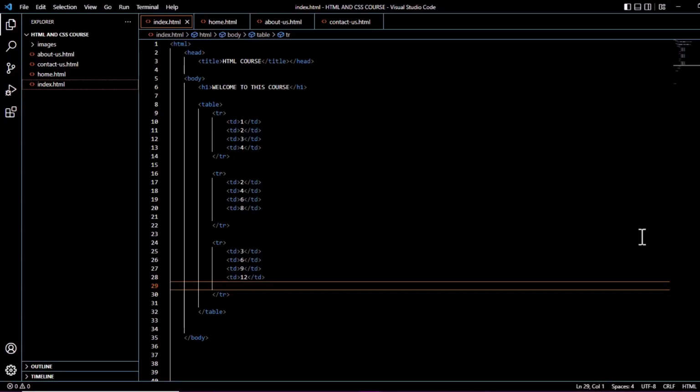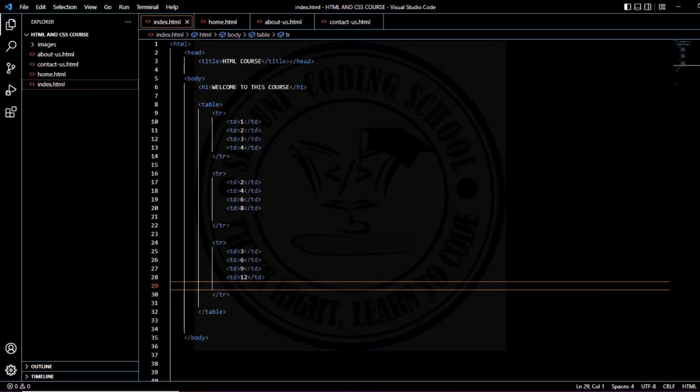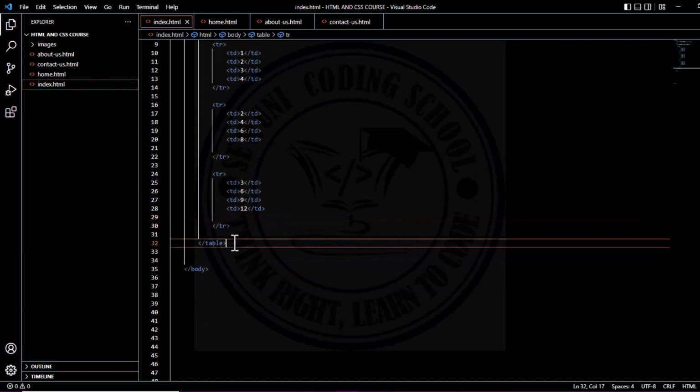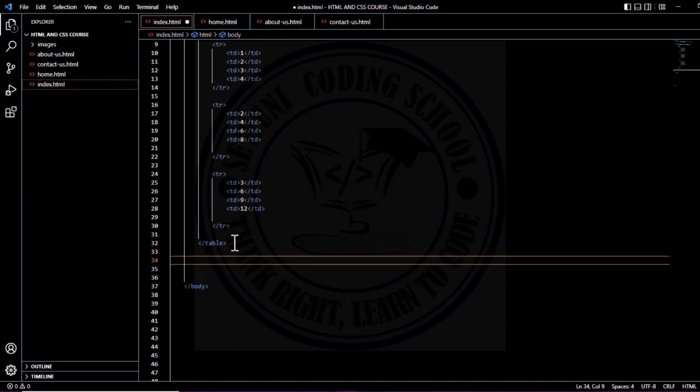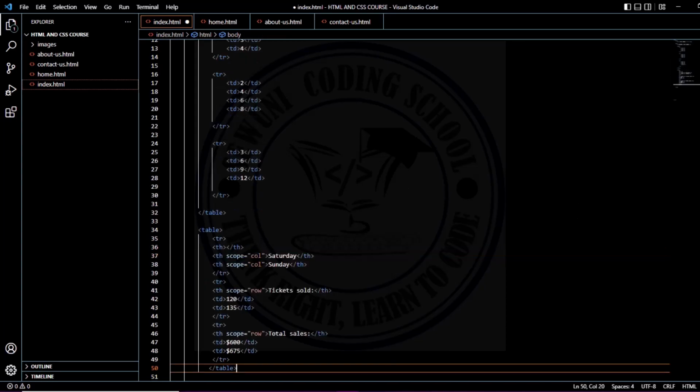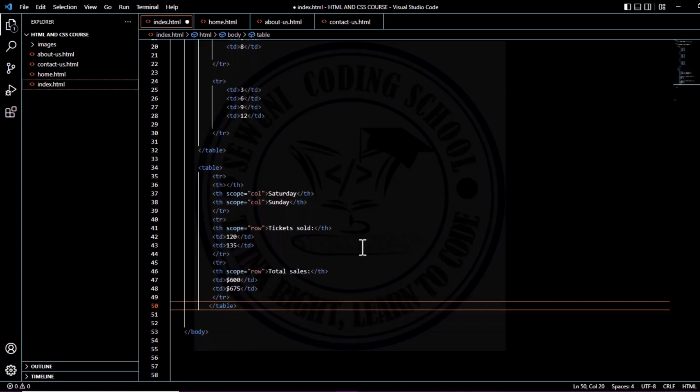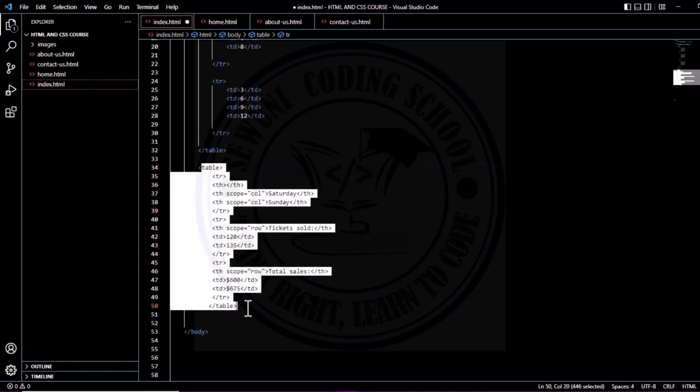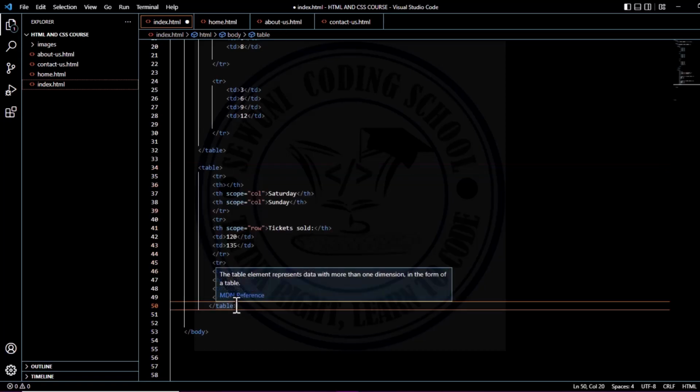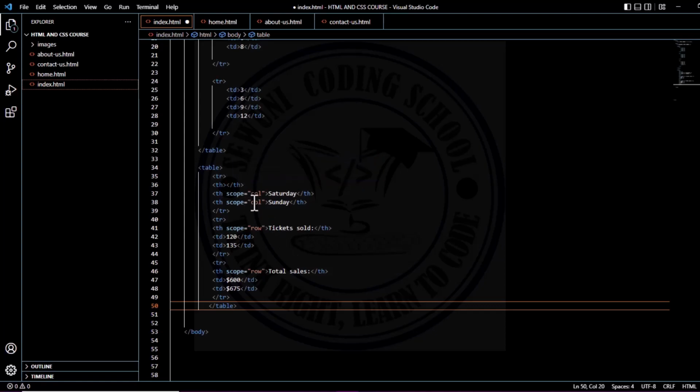Now let's discuss another important thing called the table heading. Let me insert, so let's create another table. Okay, let me insert this code and explain. This is another table we are creating, starting from this end to that end, and then I'm going to explain what we call table heading, which is TH. Now the table heading is also inserted just like the table data TD, but the table headings or the